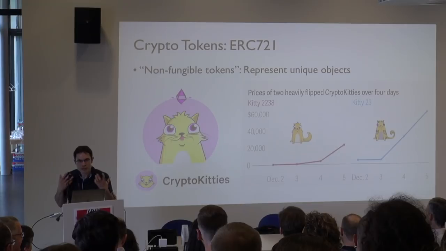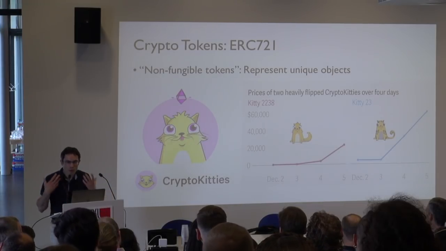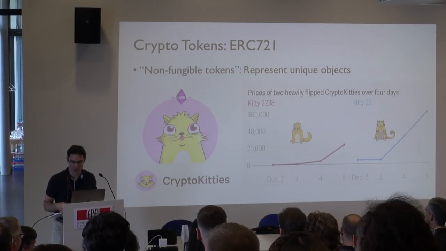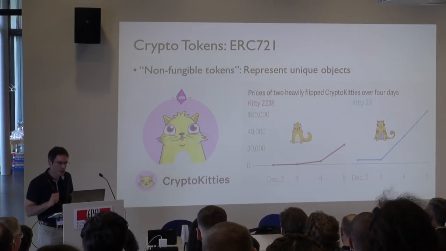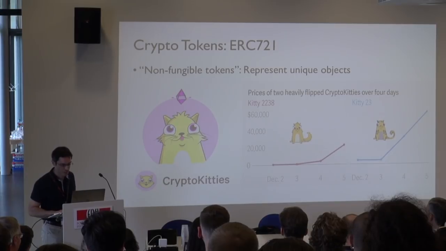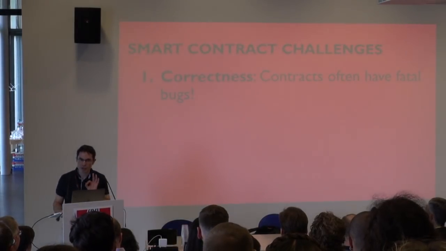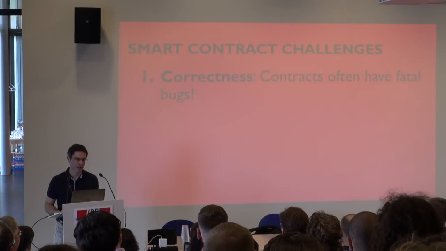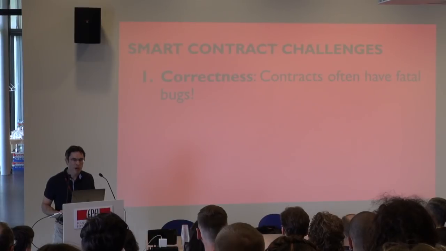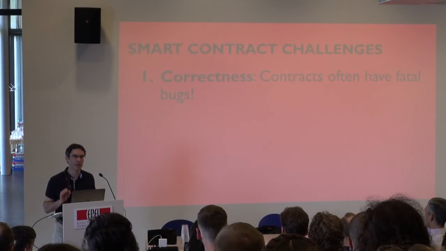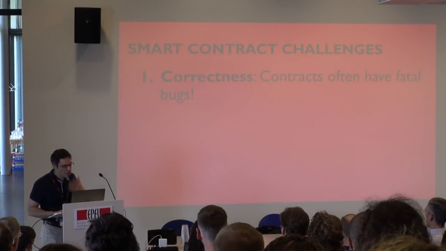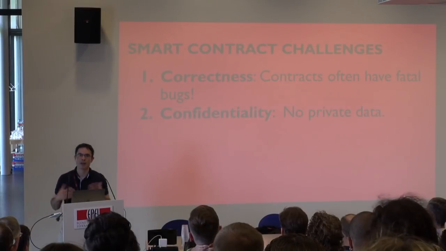So you can see that smart contracts have a lot of already demonstrated promise. Digital cats, ERC-20 tokens, and so on and so forth. But there are some real technical challenges to their achieving their full promise, to really achieving fruition. One of these, the one I'm going to focus on today, is the problem of correctness. As you'll see, smart contracts often have bugs. And these bugs, because of the irreversibility, the immutability of smart contracts, can be seriously problematic. There are some other problems I won't talk about today, problems like confidentiality.